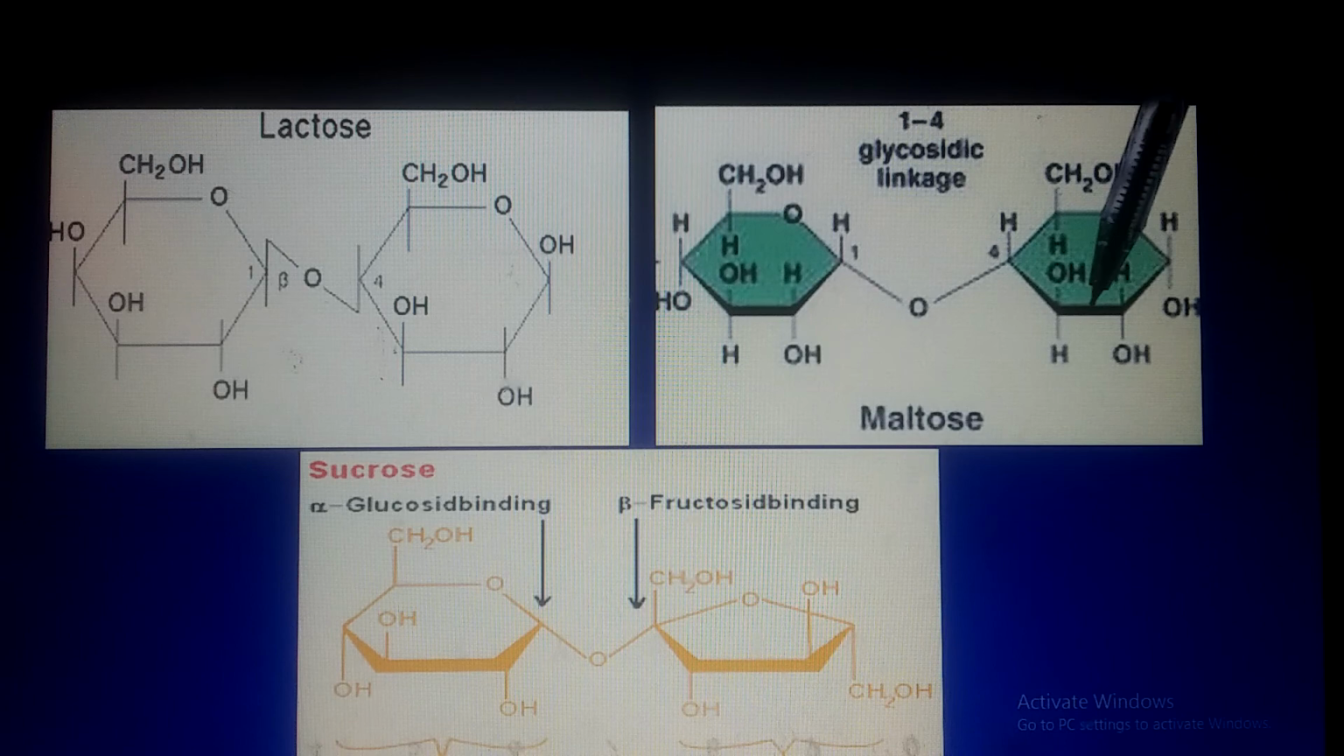One glucose molecule, carbon 1, forms the bond with oxygen on carbon number 4 of the second glucose unit, and this type of bond is known as glycosidic bond. And glycosidic bond in case of the disaccharide is 1,4, but in case of the polysaccharide you will see 1,4 as well as 1,6. And 1 and 4